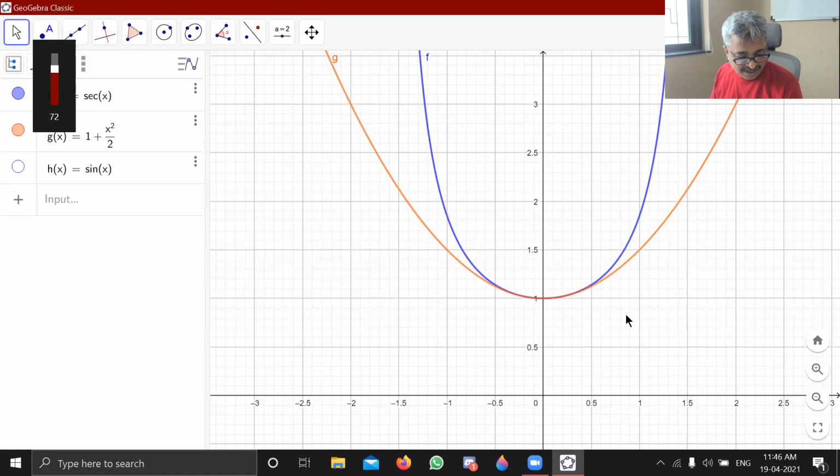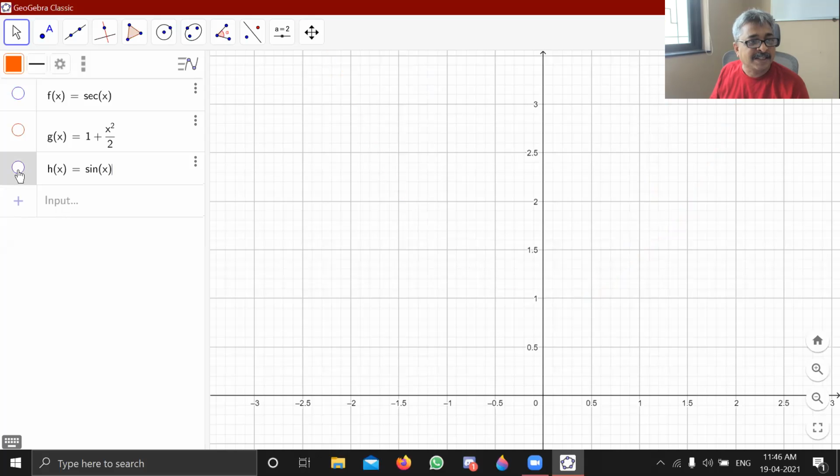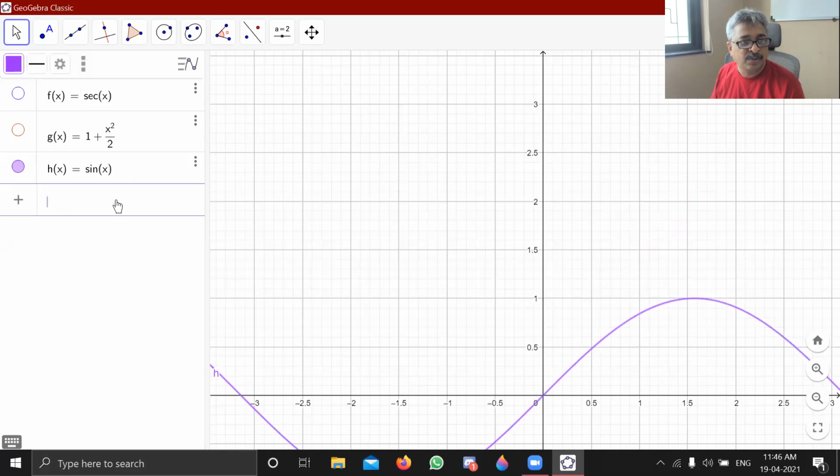Okay. Now sin x, we have done it for 0. Now you do sin x for pi by 6. And the second function you have to type, half plus root 3 by 2.